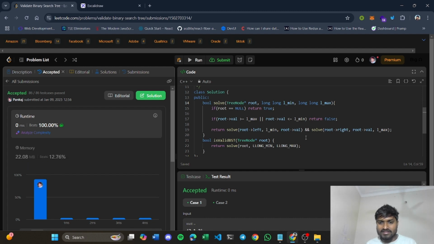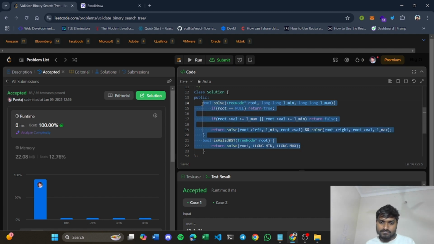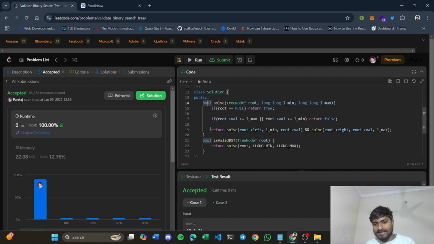The difference between the previous solution and this solution is that we are not using any data structure for storing our values. So the space complexity for this solution is O of 1, right? And time complexity is big O of n. Since we are actually using recursion to solve this problem, it is using some space, but that is auxiliary space, so we do not consider it in our solution.